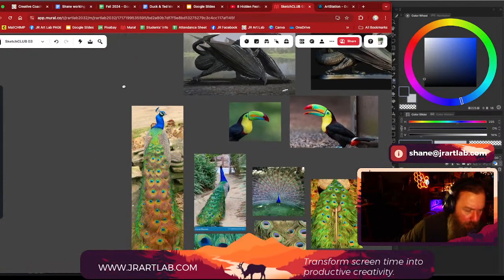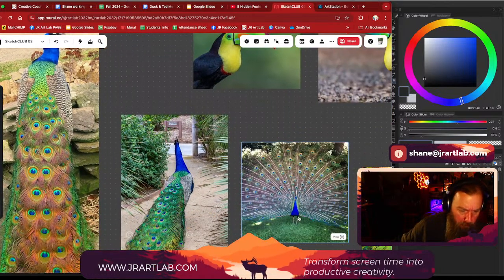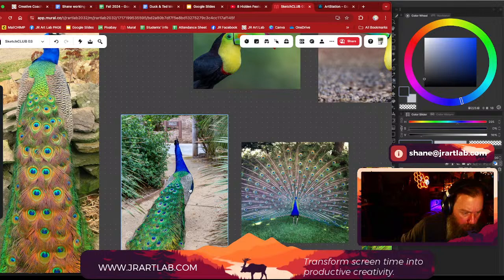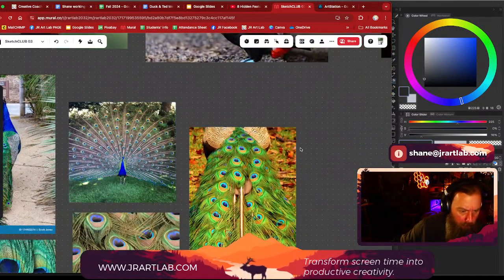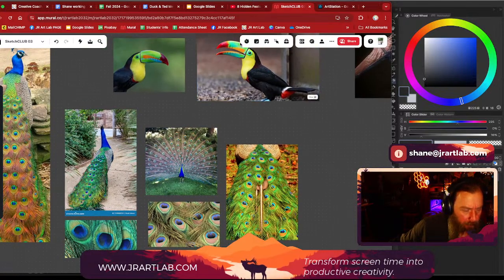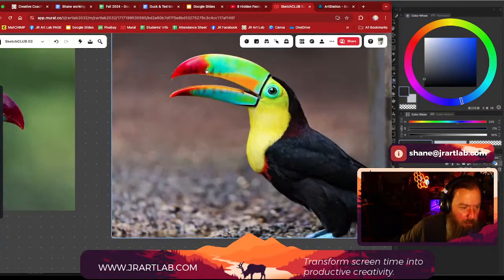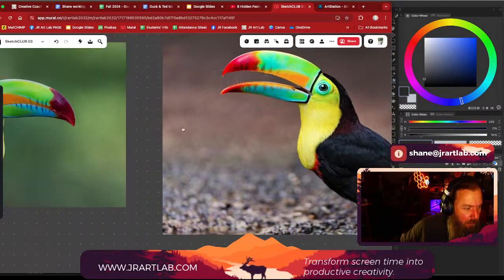So, peacock's tails have a central piece. I think that's the wing. Yeah, I think that's the wing here. Am I correct? And then the toucan's beak. I want to have some... I like this one because it's got this kind of marking like teeth on there. That's pretty cool, right?